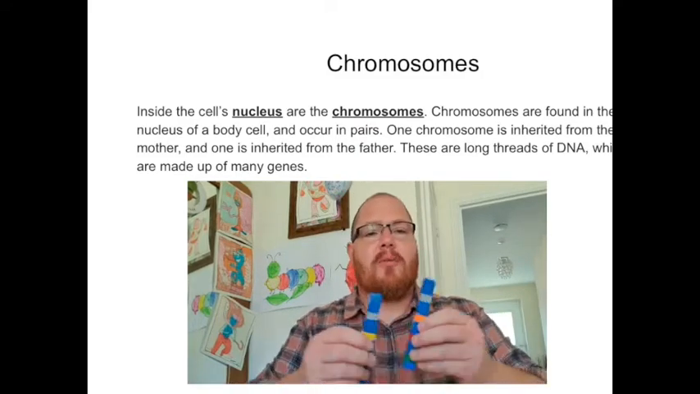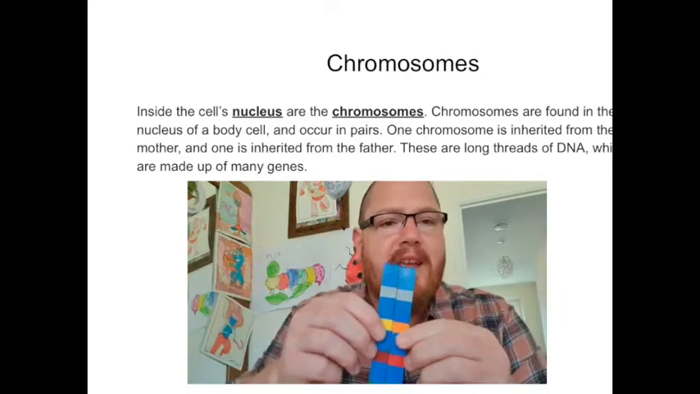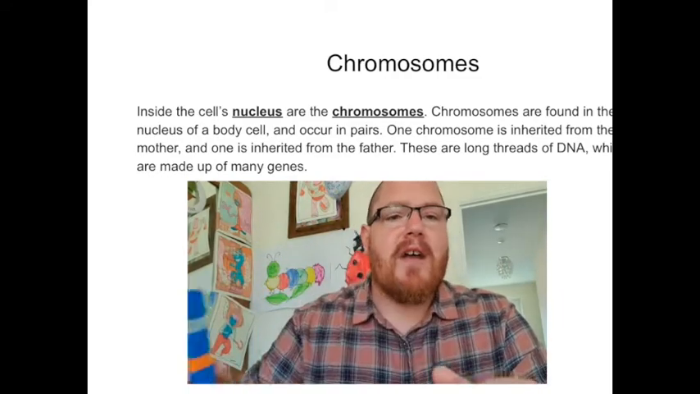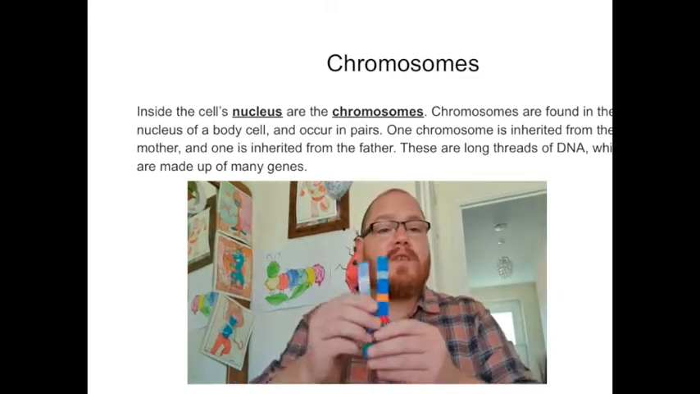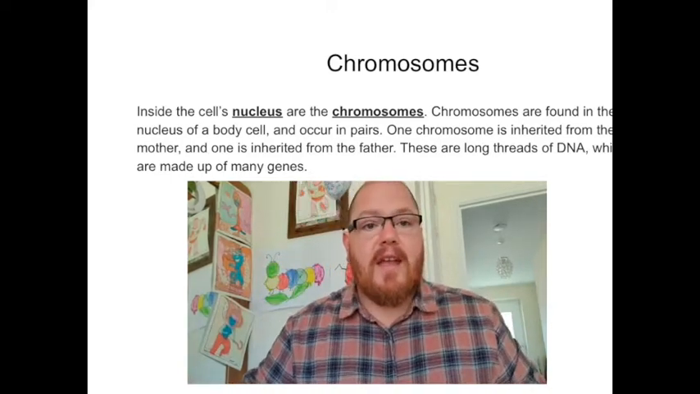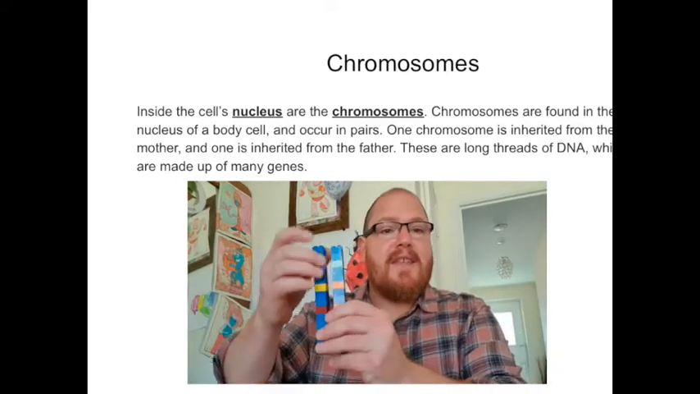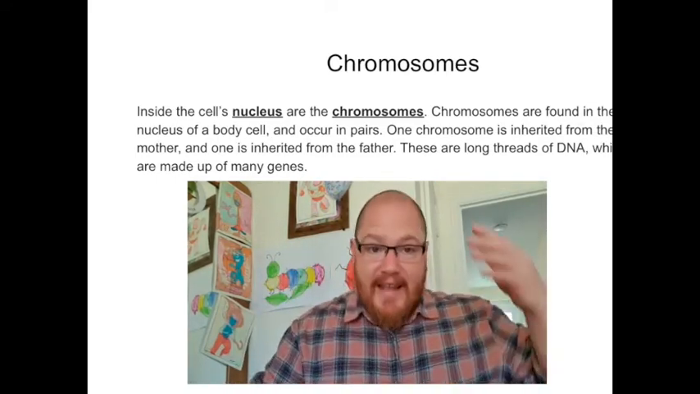So if I show you these Lego blocks, you get one from your mum and one from your dad, chromosomes, and they come together. And humans have 23 pairs. So we've got 43 of these Lego blocks in total. Okay, one from your mum, one from your dad, passed along. So 23 pairs, and these will code for different things like hair colour,